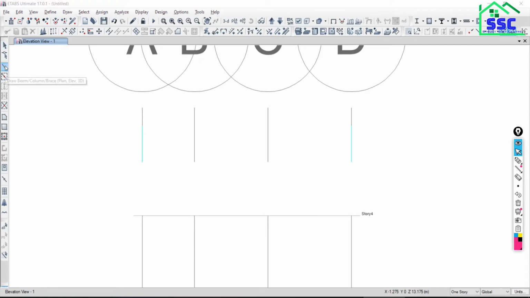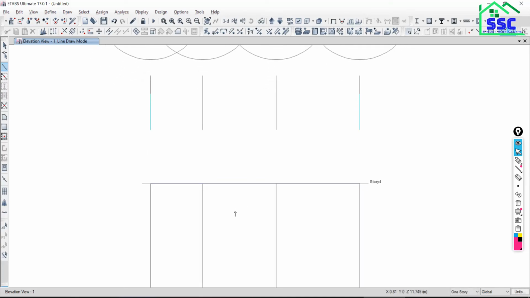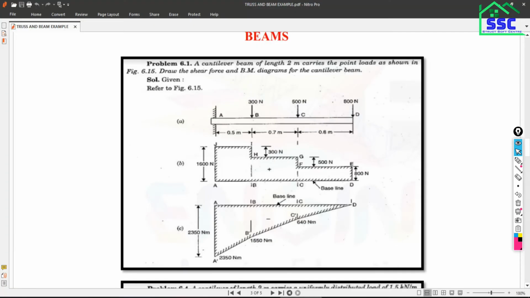So go to beam, and draw from this point to this point, then from this point to this point, then from this point to this point. In this way we have modeled the beam. Now select this joint. Here I have to assign the joint as a fixed joint.